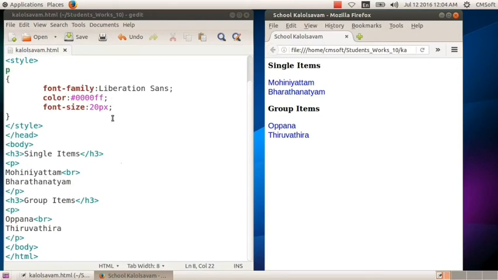In the external style, the style is outside the page. We create a connection between these two pages. Okay, all of you understand? I think that all of you understand very well. If you have any doubt, contact me. Namaste.